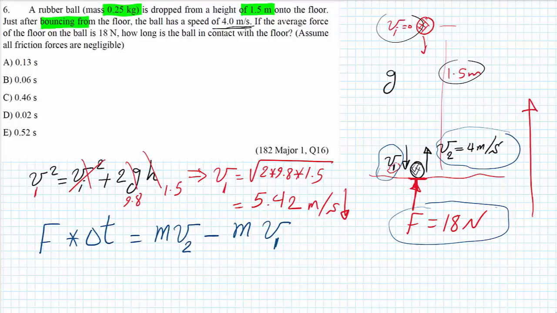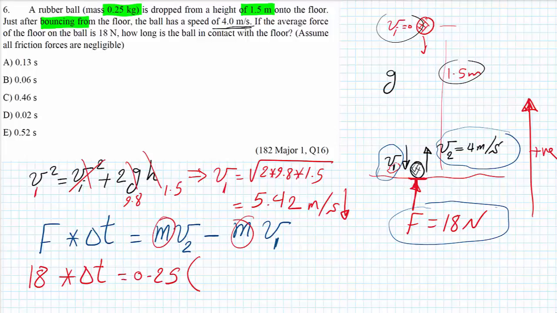Let's take the upward to be our positive direction for this equation. So the force will be positive 18. The time is delta t. The mass of the object, he gives us 0.25 kilogram. We can take it common factor. Times v2 is positive because it rebounds back upward. So it's 4 minus. v1 is negative, so minus minus will be positive. So it's plus